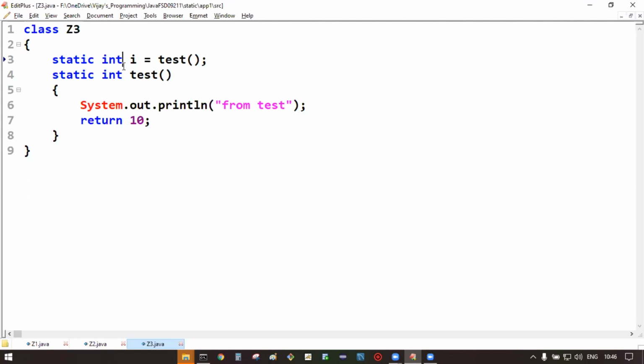But in the previous versions of JDK, before JDK 1.5, you could run without a main method. But after JDK 1.5,